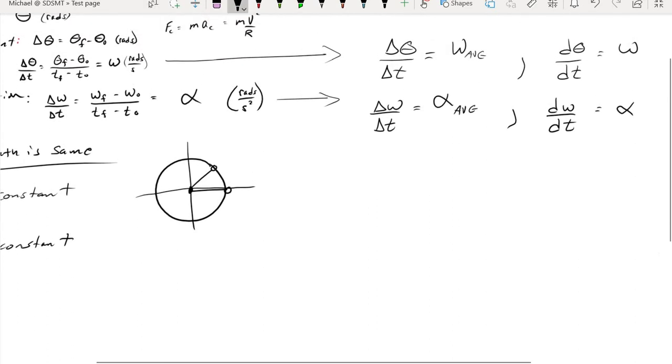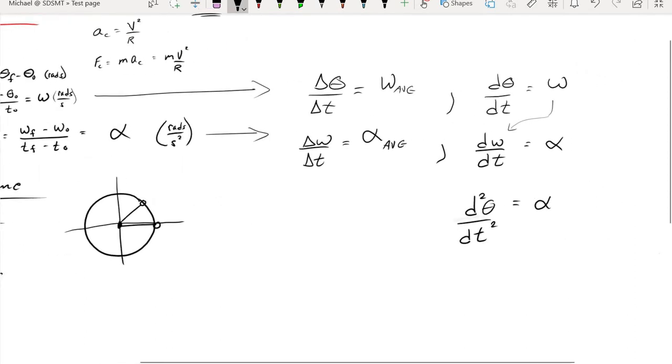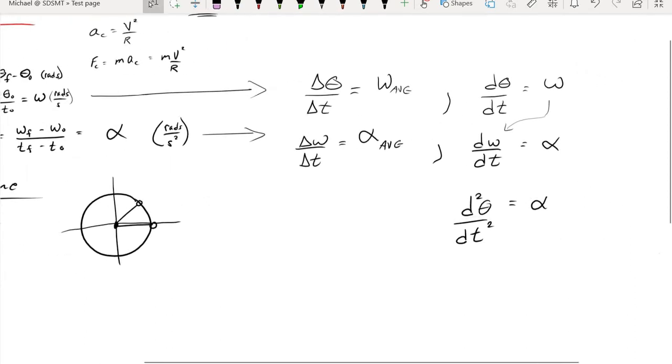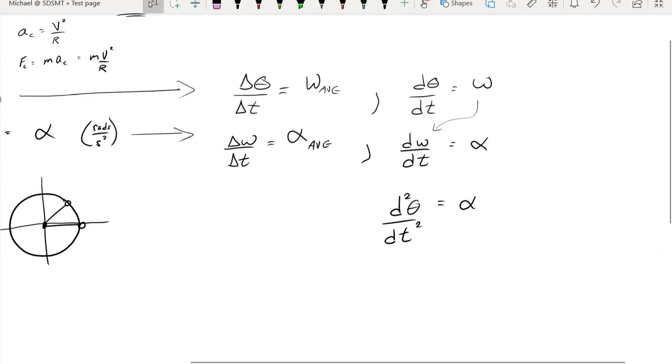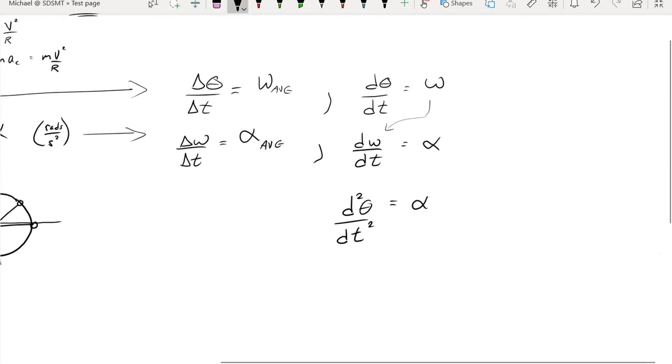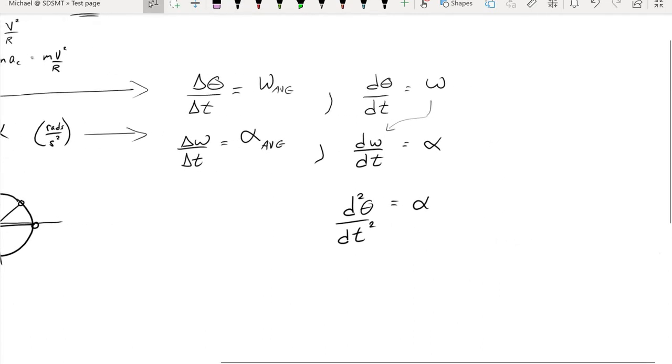But where did omega come from? Well, it came from taking the derivative of theta with respect to t. And that means that alpha could also be represented as the second derivative of angular position with respect to time. If all of this looks familiar, that's good, because everything that we see right here is exactly the same thing that we got from